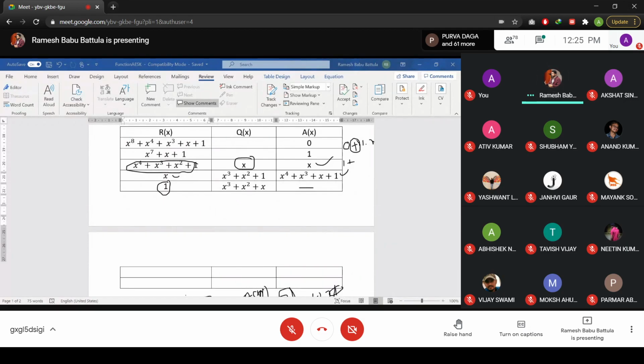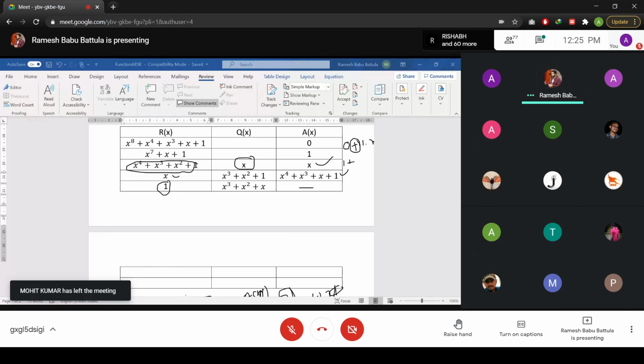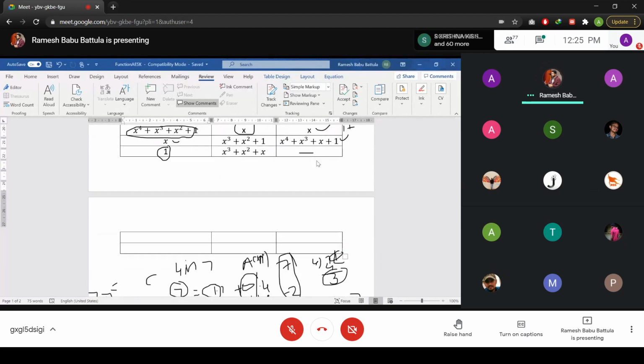Anybody computed? Please provide the answer if you computed. And we will look at one more problem so that you will get to know how to solve these problems. So what is the final resultant value here? I'm going to wait 2 more minutes for your answer.